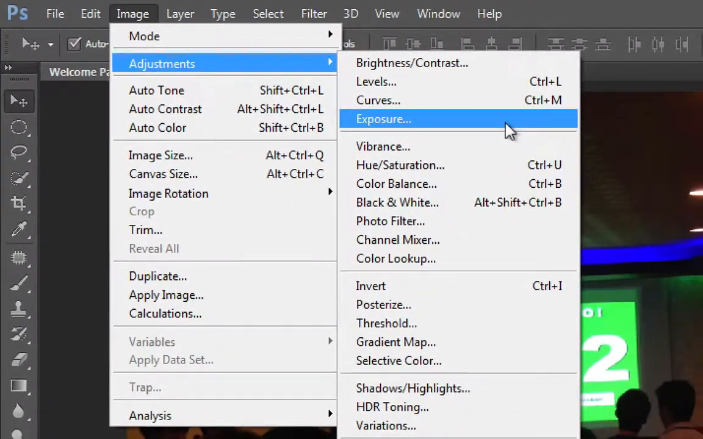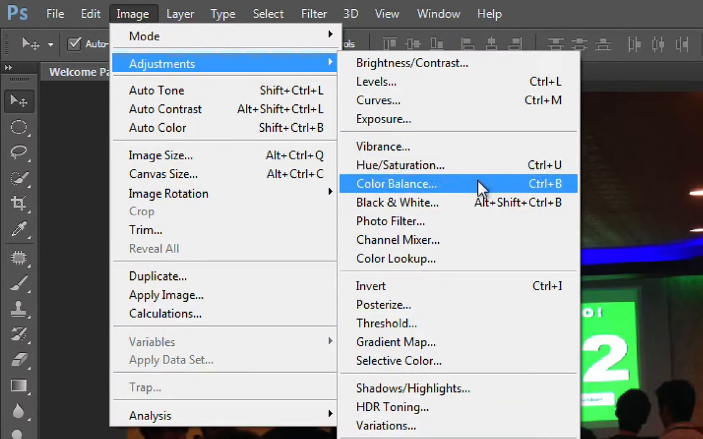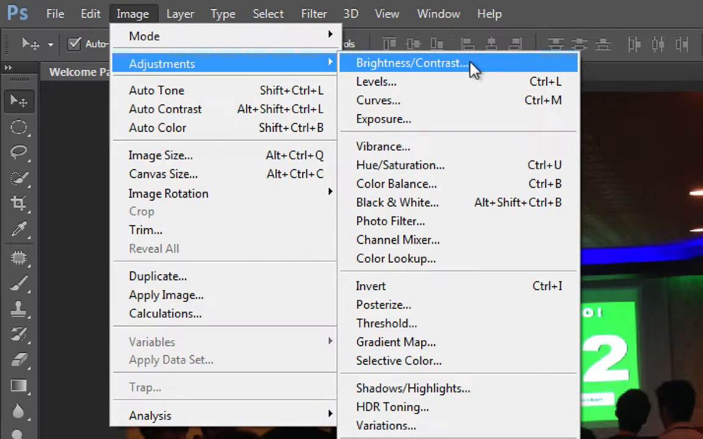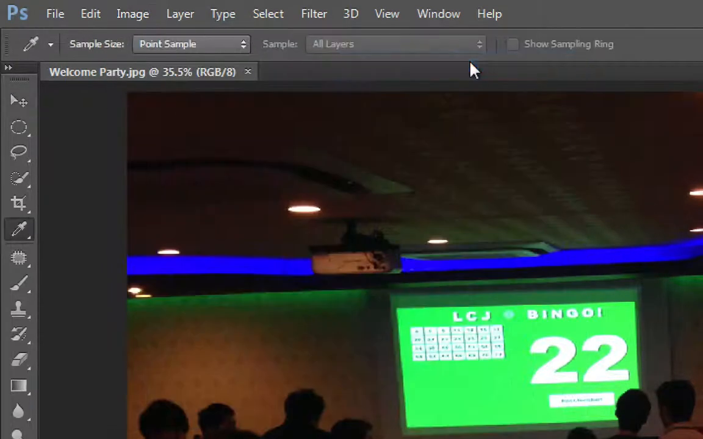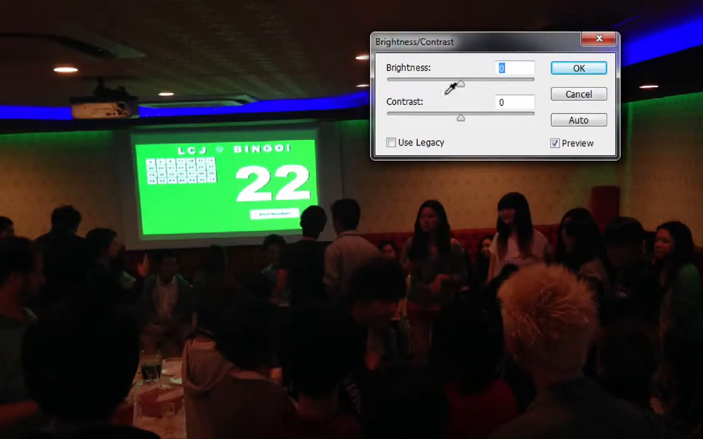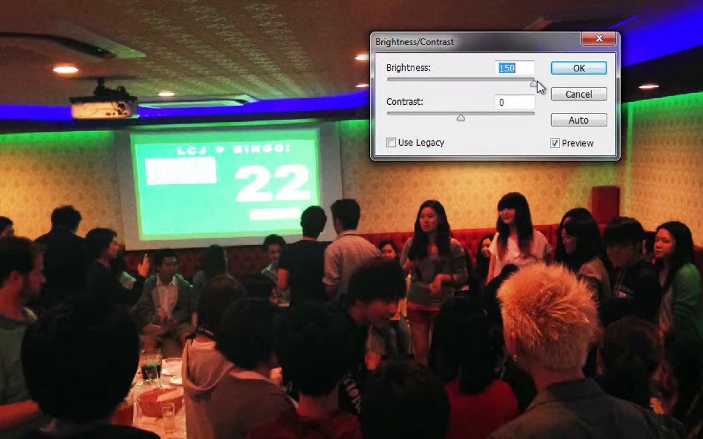And if neither of those work, down here there's another one called Shadows and Highlights. Later on we'll be taking a look at color balance and hue and saturation, but first let's take a look at brightness and contrast. If you open up brightness and contrast, you'll see that you've got two sliders. One for the brightness, that makes it a lot darker or a lot brighter. Now notice I've made it as bright as I can, and you'll see that a lot of detail has come